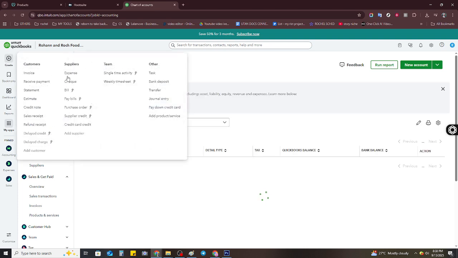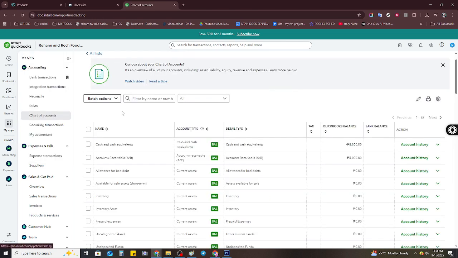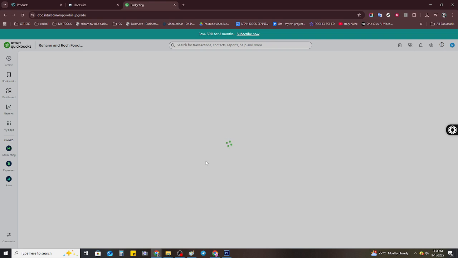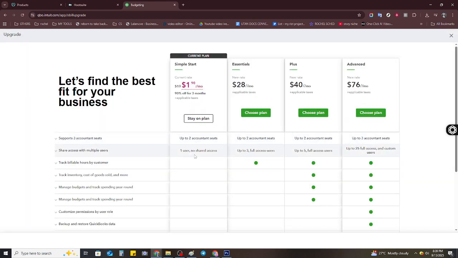You'll start by choosing the employee or contractor's name, then select the customer or project you plan to bill for. Pick the appropriate service or task that was performed, enter the date and the hours worked, and make sure to check the box that marks the time as billable. If there are any specific notes or descriptions you'd like to add, there's room for that too. Finally, you can either click Save and Close if you're done, or Save and New if you have additional times